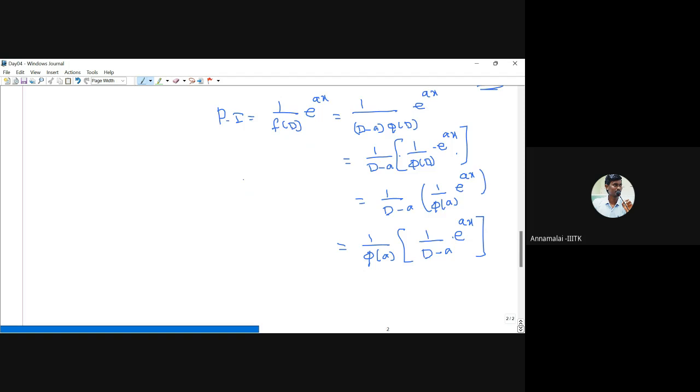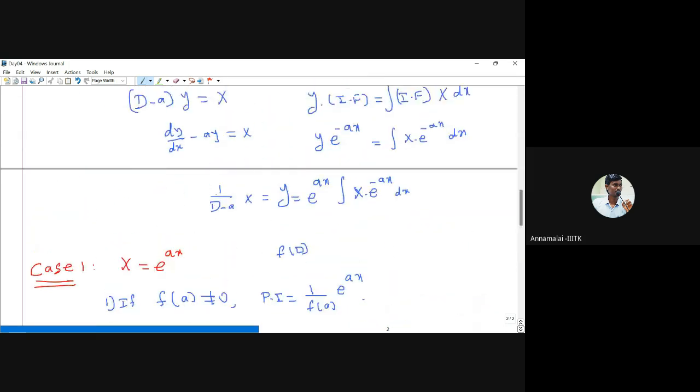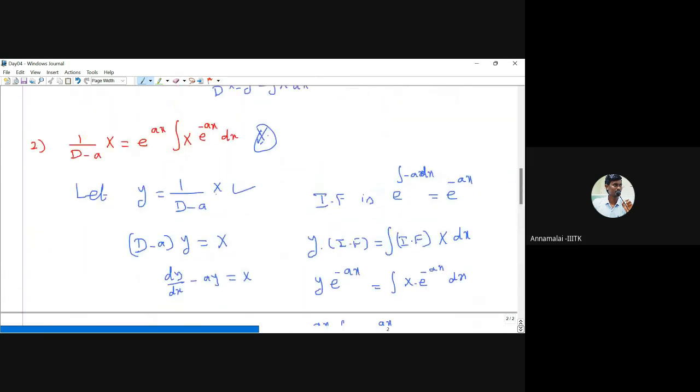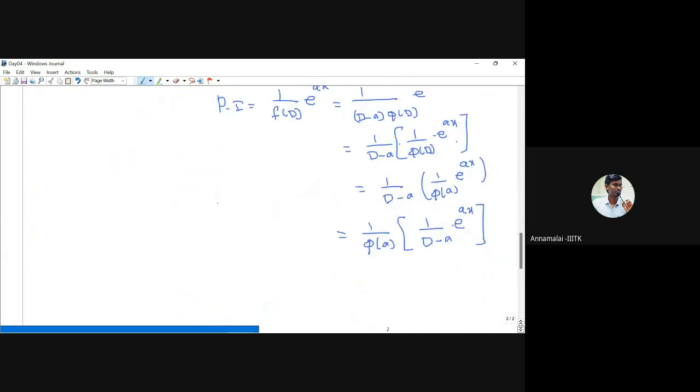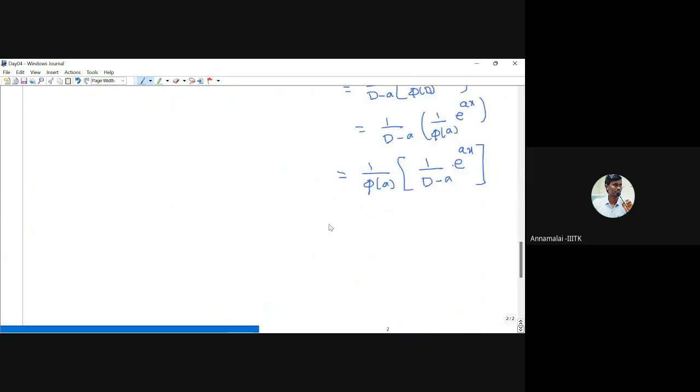Now we use the result 1 by d minus a into x, any x, is nothing but e power ax integral x into e power minus ax dx. So therefore, if you apply here, we get this is equal to 1 by